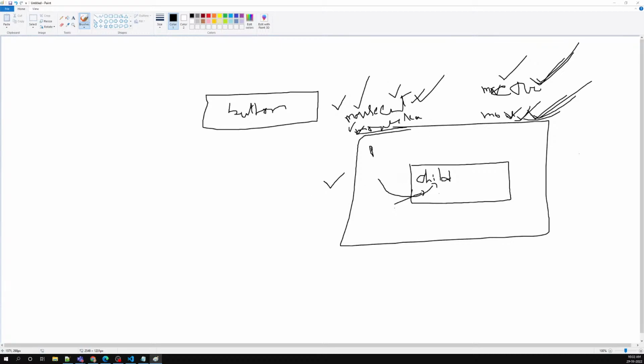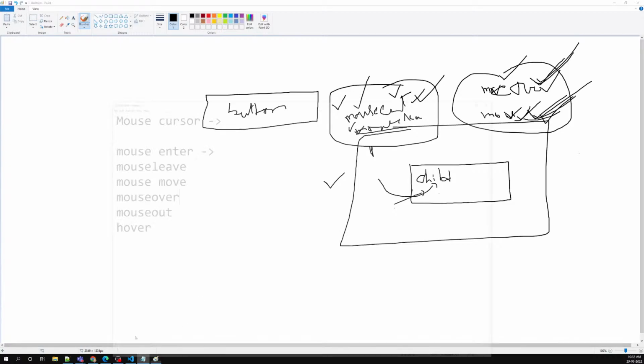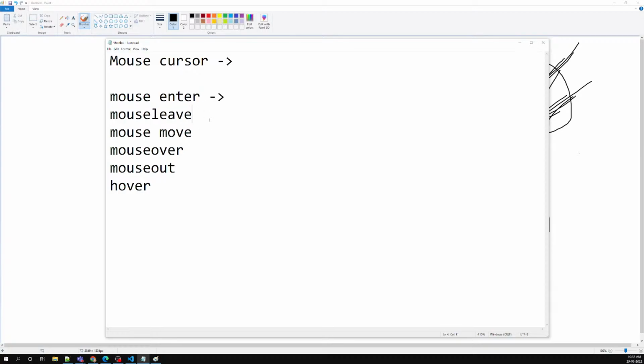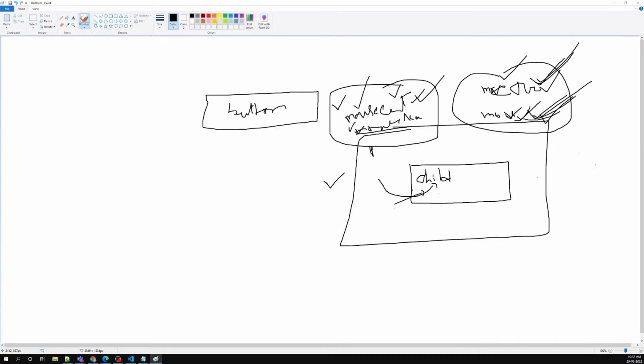So this is the difference between mouse enter, mouse leave, mouse over and mouse out. Mouse over and mouse out will fire many times. Mouse enter and mouse leave will fire only one time. And hover is the combination of mouse over and mouse out; these two things you can mention using hover. So these are the mouse cursor events. A little bit confusing, but pretty simple. When you are inside the child and coming out of the child, mouse over and mouse out will fire,